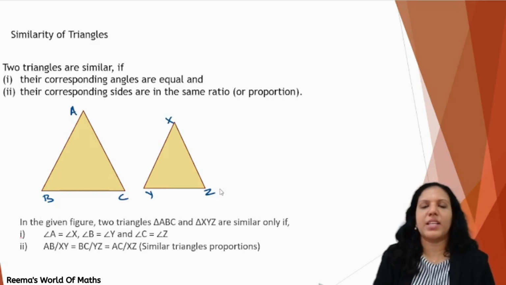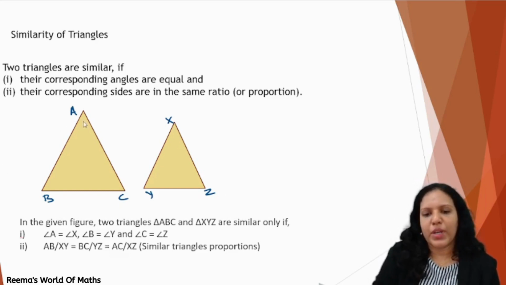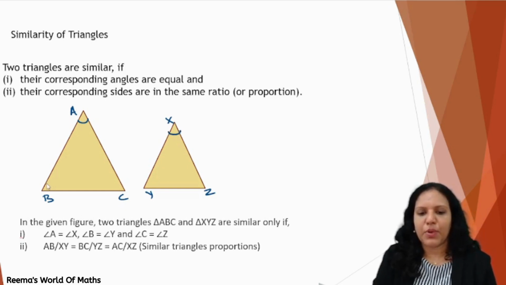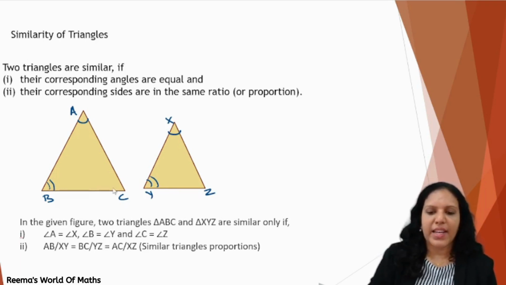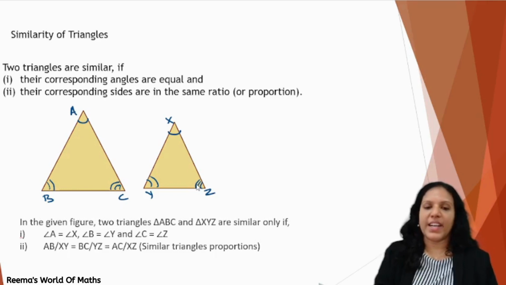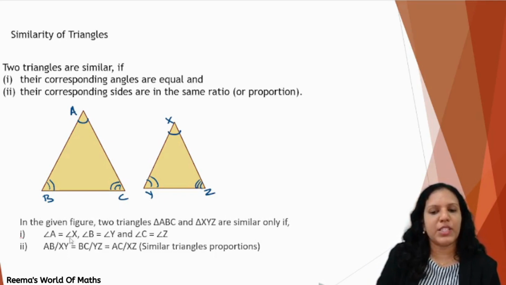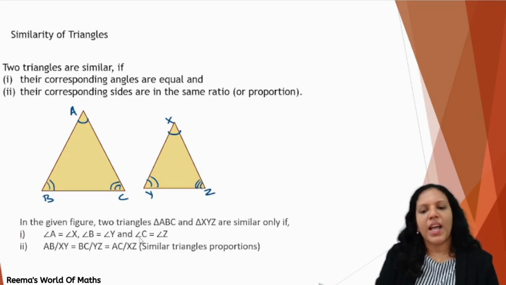In the given figure, triangle ABC and triangle XYZ are similar only when the corresponding angles are equal. The corresponding angle of A is X, so angle A should be equal to angle X. The corresponding angle of B is angle Y, so angle B equals angle Y, and the corresponding angle of C is angle Z. So the first criterion is that their corresponding angles need to be equal. Here angle A should equal X, angle B should equal Y, and angle C should